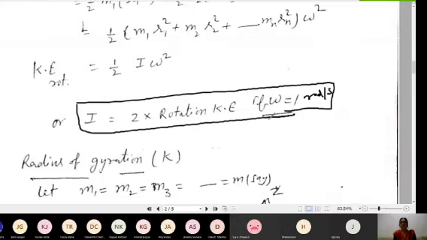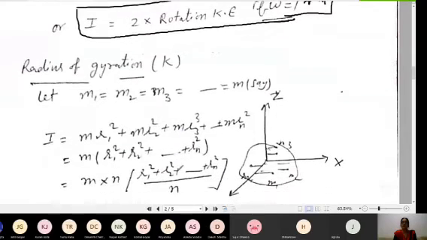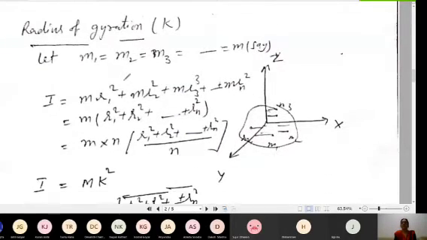The next new term is the radius of gyration, denoted by capital K. If I want to define it, this is the perpendicular distance from the axis of rotation. So the units and dimensions will be the same as those of distance. The dimensions are M0 L1 T0, and the units will be meter or centimeter. Of course, it is a distance, being a scalar quantity.